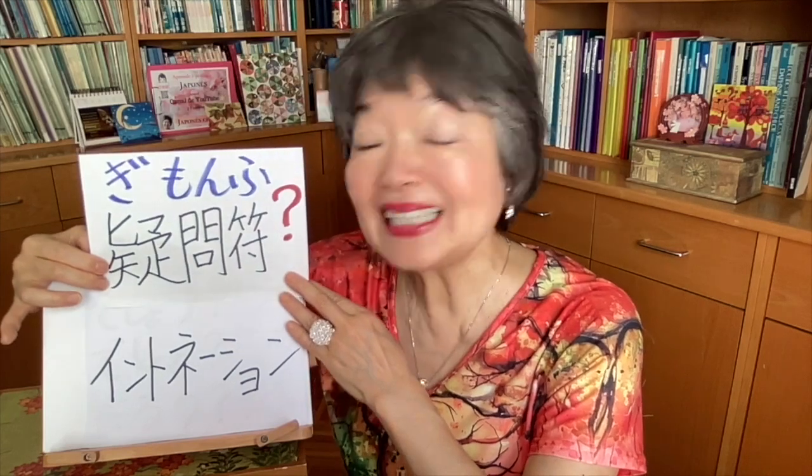Today we read this grammar always using 普通形, the plain form. And two important things. The one is 疑問符, the question mark in the last part. And also intonation. We are going up. でしょ？